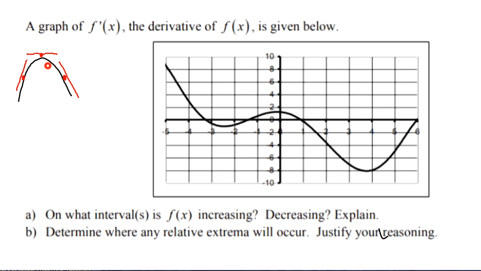When your function is decreasing, that means your tangent lines are going to have a negative slope, or in other words, the derivative will be negative. And then when you have a maximum or a minimum, your tangent line is going to have a slope of 0. Now, one of the other things that we'll take note of here is that if your graph is curved like this, then